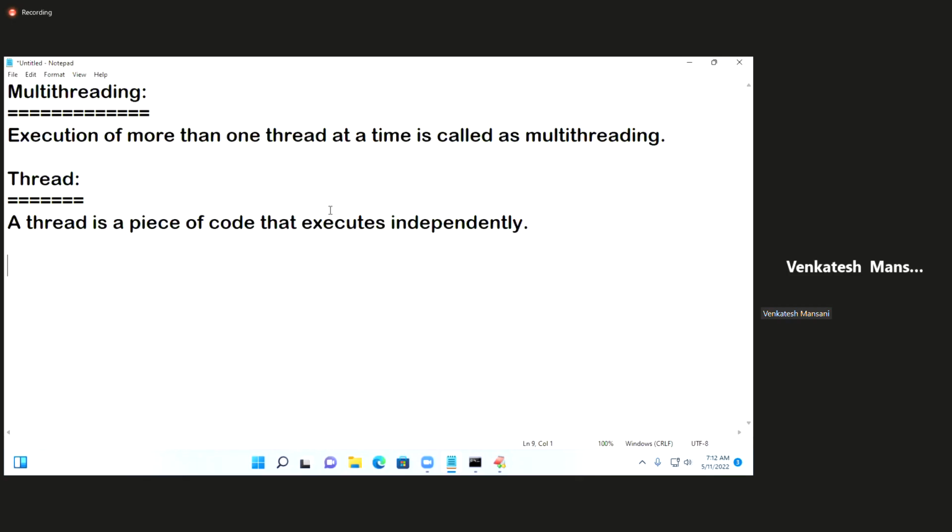But what is the use of multi-threading? I'll explain. All the previous programs up to yesterday's last program, whatever you studied, those are single thread programs only. Today you are going to learn multi-threading. What is the use of multi-threading? I'll explain. For example,